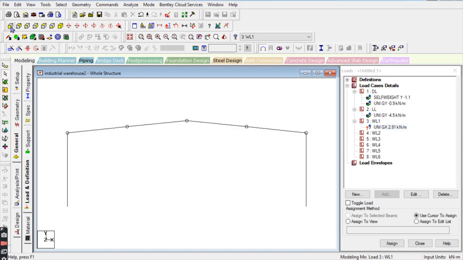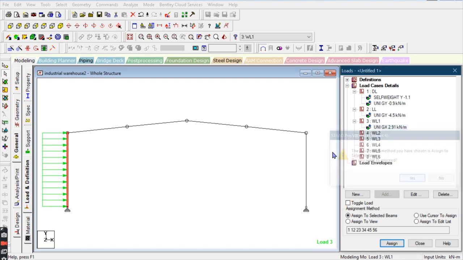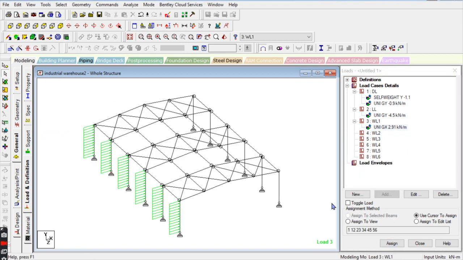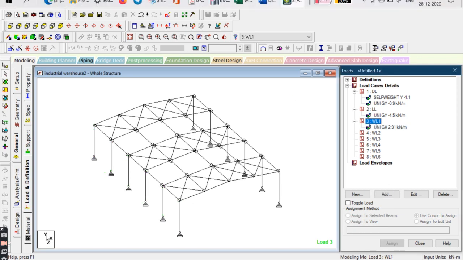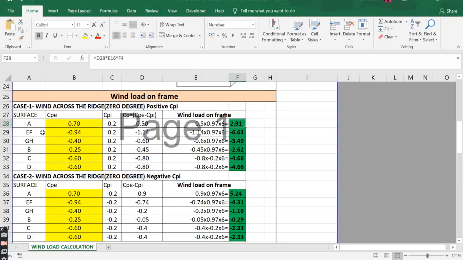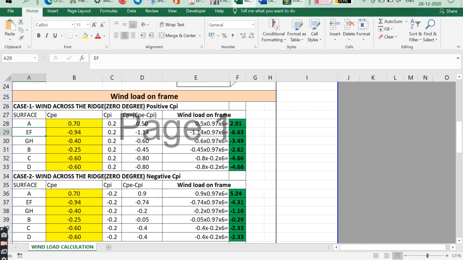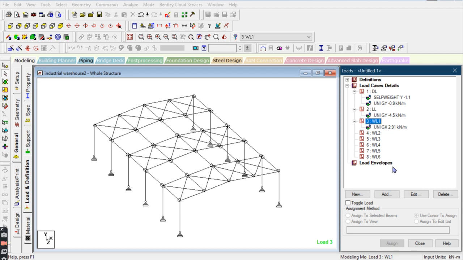First go through the front view and select this, assign to selected, yes, you can see. Now we will add the data for the EF, GH, B, C and D. For the EF it is minus 6.63. Go to the STAAD model and add.